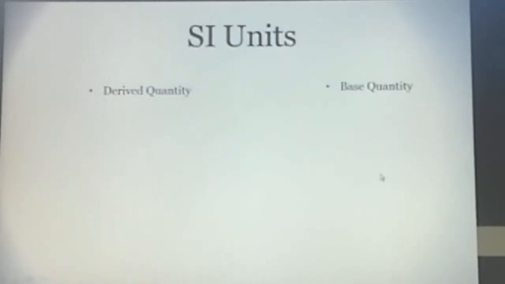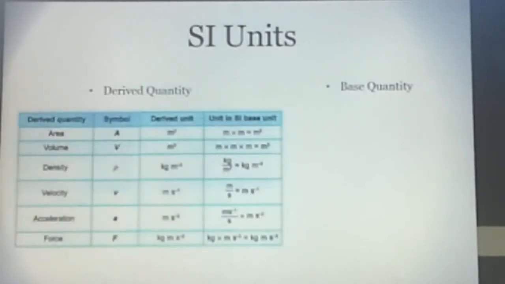SI units. There are two types of SI units, which are derived quantities and base quantities. In derived quantities you have area, volume, density, velocity, acceleration and force, and the unit for area is meter squared, for volume meter cubed, for density kilogram per meter to the minus 3, velocity meter per second, acceleration meter per second squared,